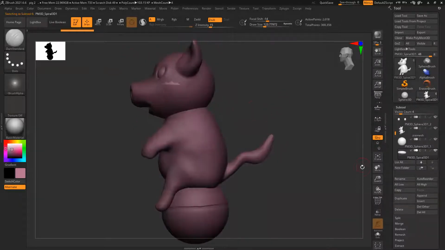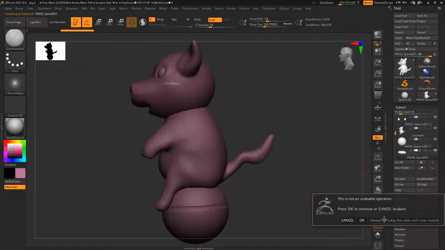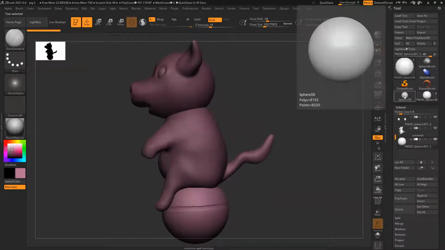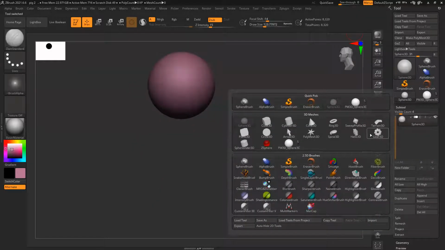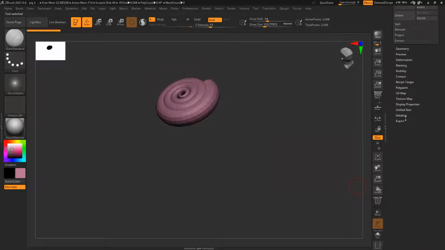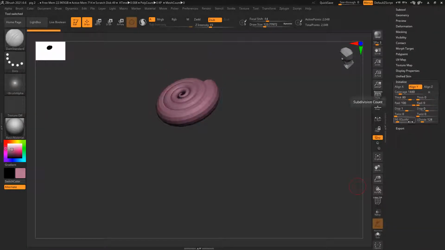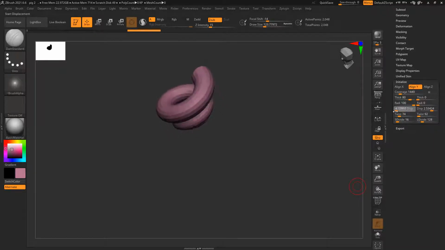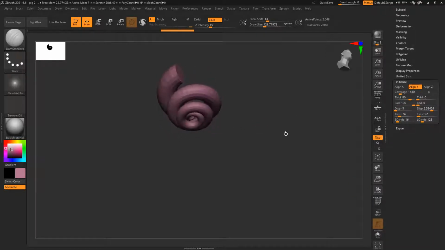I cannot modify it here, so I can go here, right click, spiral. This is a pigtail, right? I'll go to initialize and all these things are there. Something like this, right? This is what we're talking about.